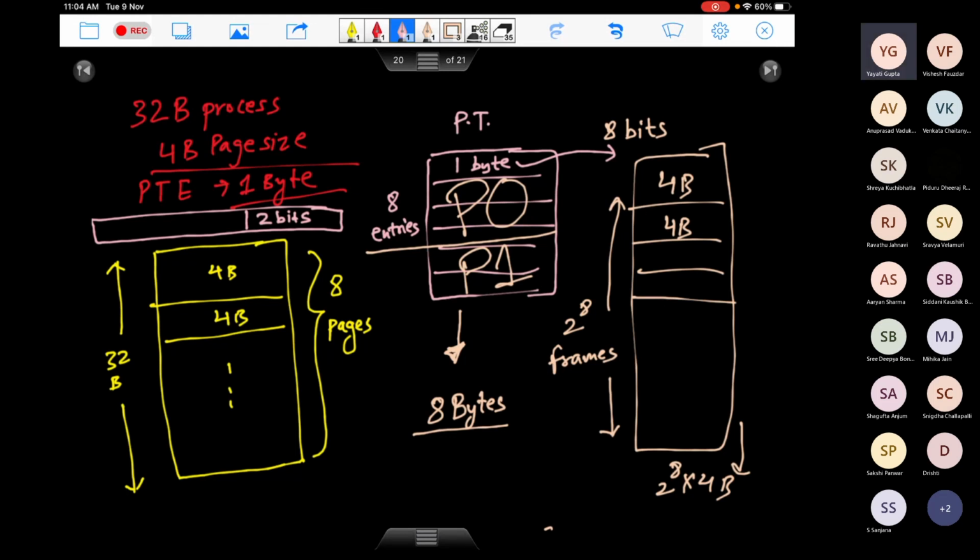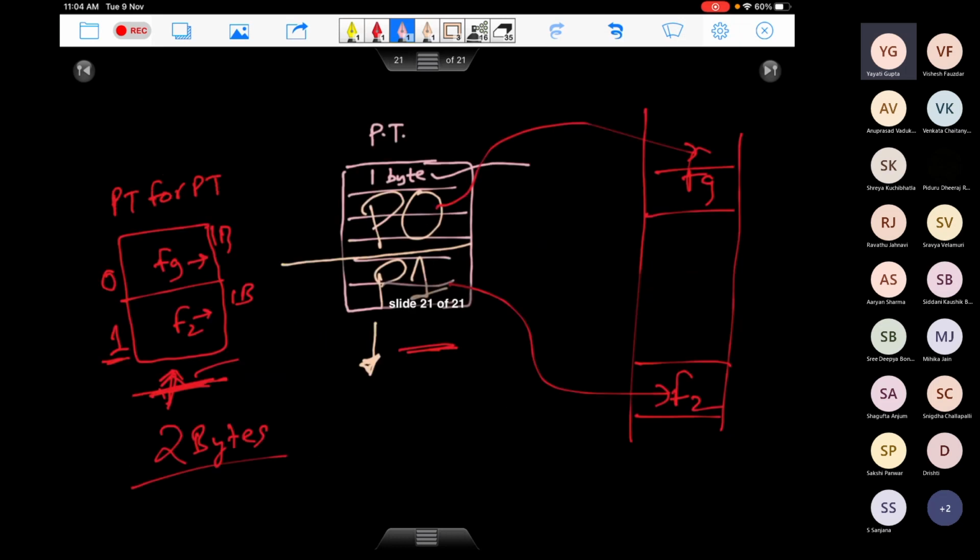How many are remaining? So total is 5, right? So 3 bits were for the page number and 2 bits were for the offset. As of now, we need not worry about offset. So corresponding to these 3 bits of page number, we wanted a frame number, right? So let's say in this particular case, I get the page number 101. How will I compute the corresponding frame number?